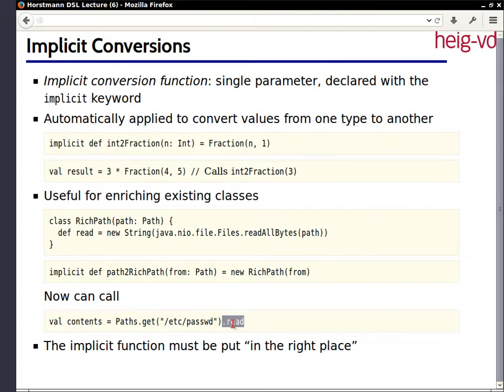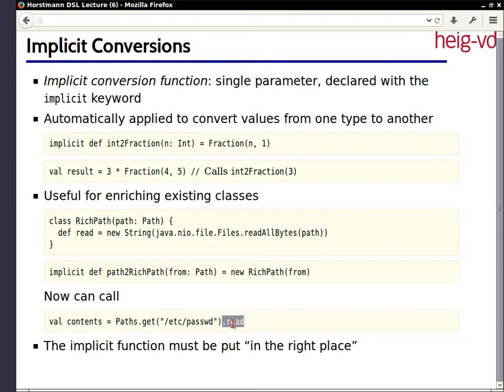I always want it as a string. And so what can I do? I can petition Oracle. Back on planet Earth, I can use Scala, and I can make an implicit function that takes a path and converts it to what? Well, now I do have to define a little class that has this read method, and then I get this